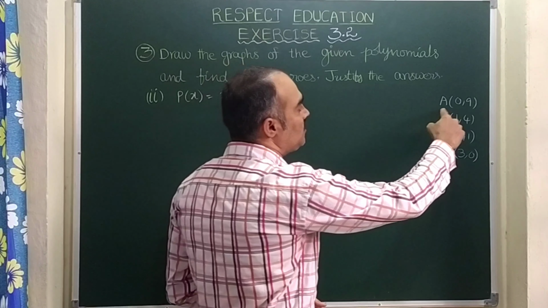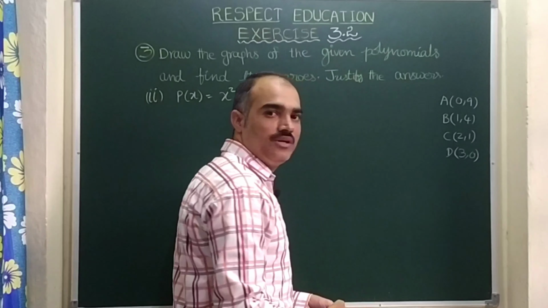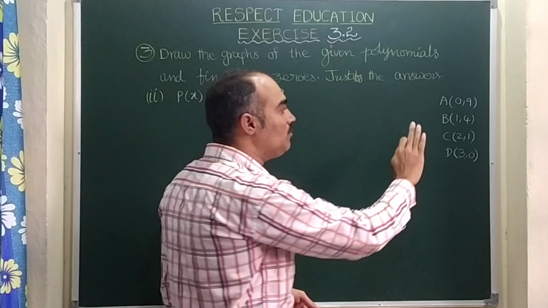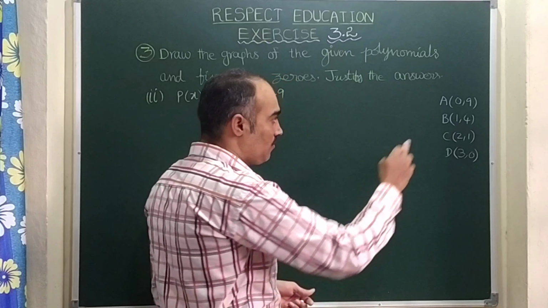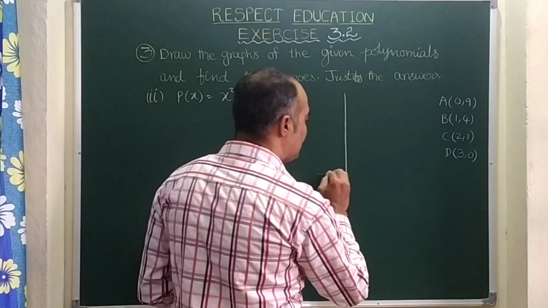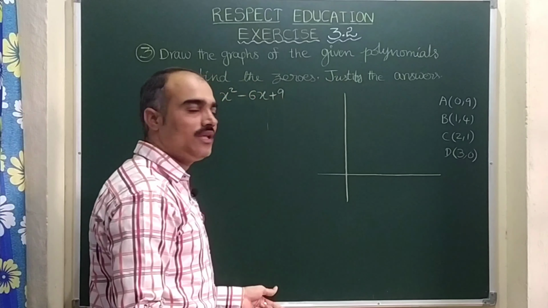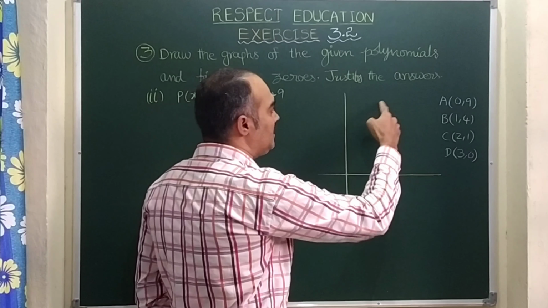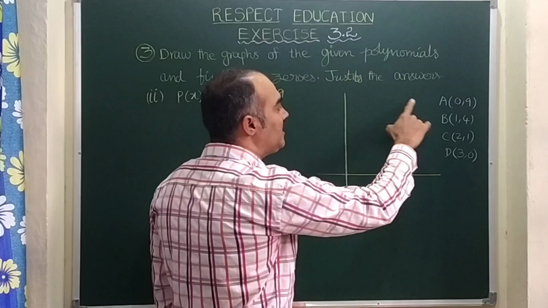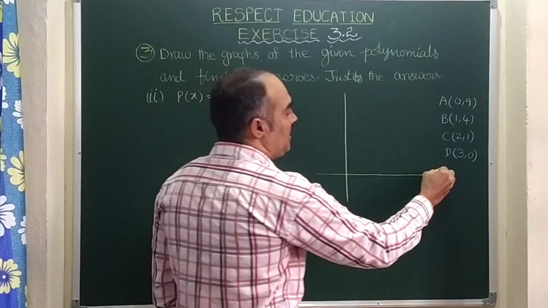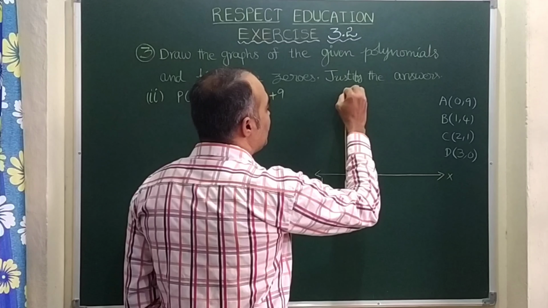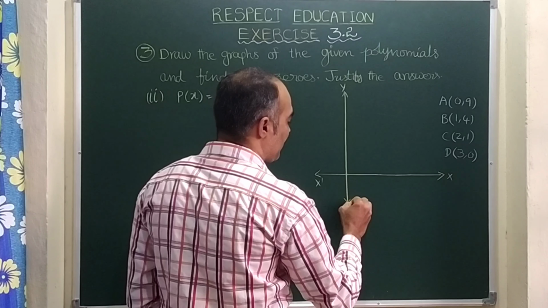Here you see, children, observe these points: all the points are positive. So better we draw the graph where we get more space for the positive quadrant. This is the y-axis. If you draw like this, then what happens? In this quadrant x is positive, y is positive. Since both are positive, we can utilize the space properly. So I am taking this as the x-axis, this is x dash. This is the y-axis and this is y dash.